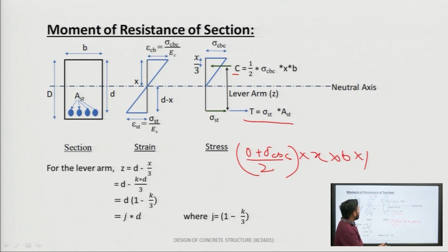The lever arm is defined as z equal to d minus x by 3. The total distance is effective depth d, and the compressive force acts at the centroid of this triangle, which is at x by 3 from the top fiber. So the total distance d minus x by 3 gives you the lever arm. You can also write it d is equal to,